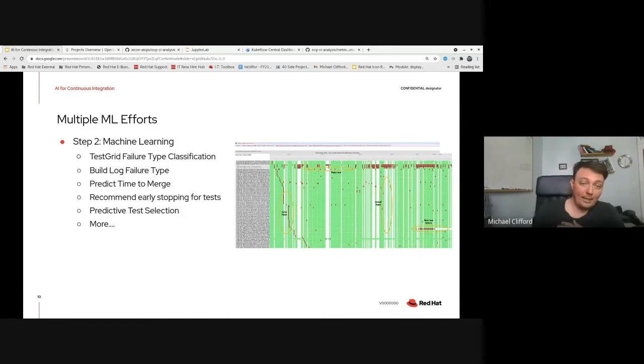We're also looking at predictive test selection. So again, this is a problem around, you know, it's expensive to run tests. And in many cases, all tests probably don't need to be run. So if we can suggest a subset of tests that are most likely to fail based on features of the PR, maybe we could reduce the number of tests we actually need to run and lower our